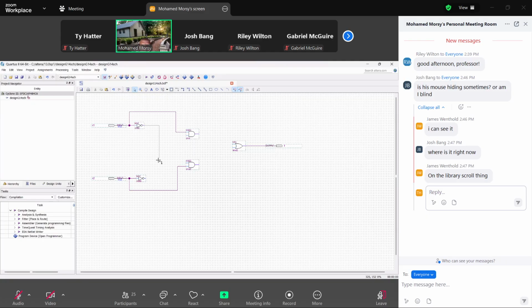X2 inverted, X1 inverted goes to the second input of the second gate here. And X2 inverted connected to